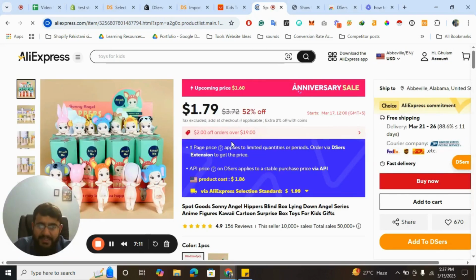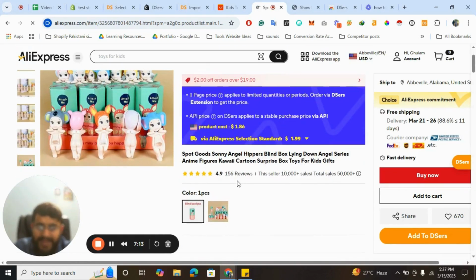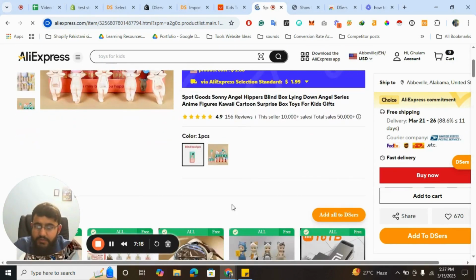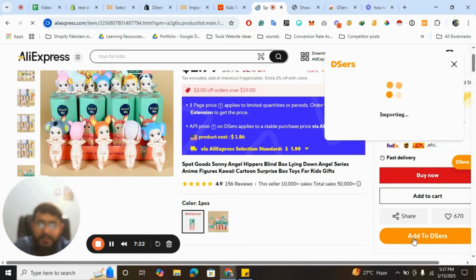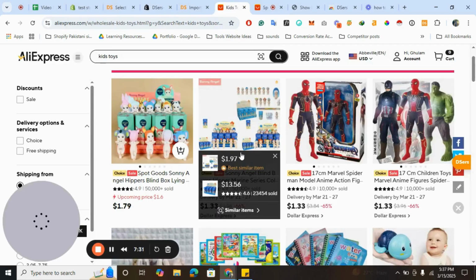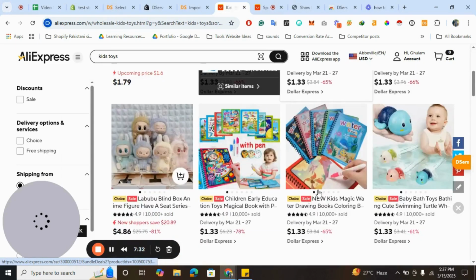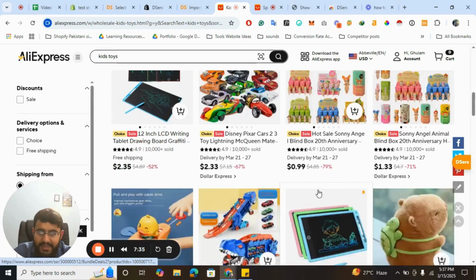So once you have selected this product, you like the reviews, and you are happy with all the other stuff, you have to click on add to DSers. That's how the process works. It has been added into the import list, and then you can push it to store. For example, if I select any other product, I will avoid the $express because it's like a deal. For example, if I want to add this product,